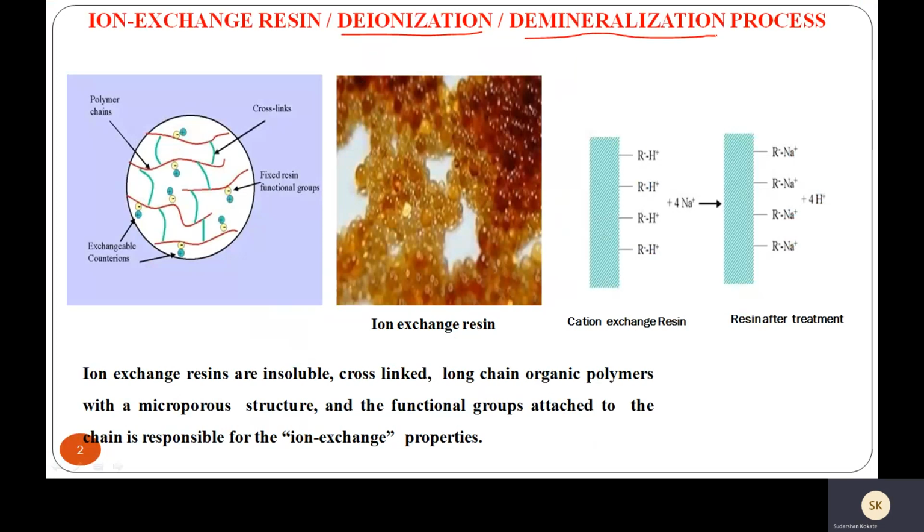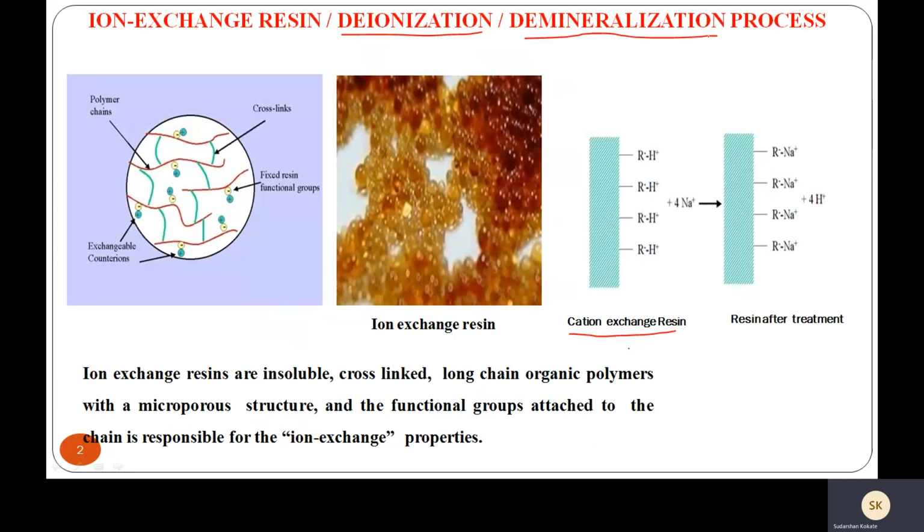Hard water contains cations and anions, and for the removal of both types of ions the ion exchange method is used. There are two types of synthetic resin commonly used. The first one is cation exchanger resin, which is denoted by RH2, and the second one is anion exchanger resin. These are the two different types of resin frequently used.